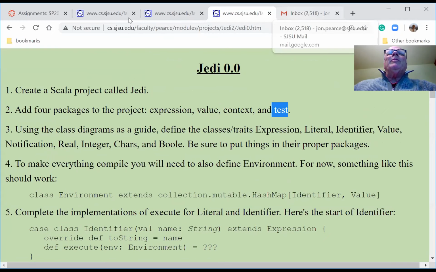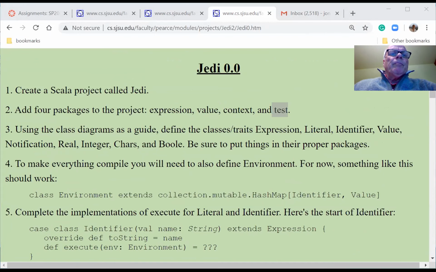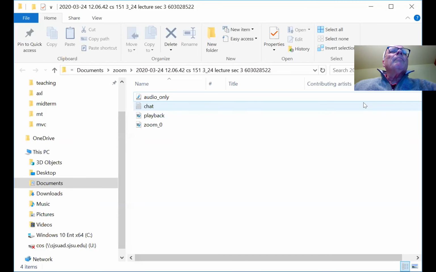So this is a new share. I'm going to go to Eclipse. Is this Eclipse? No, this is not Eclipse.